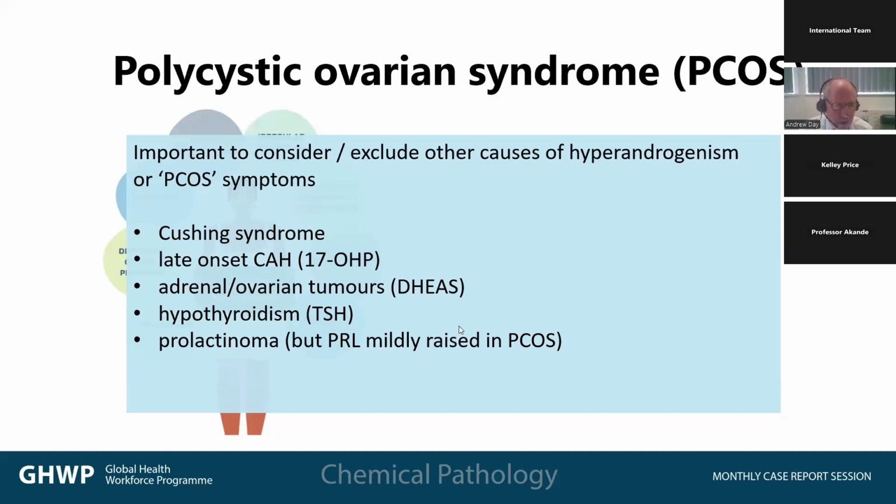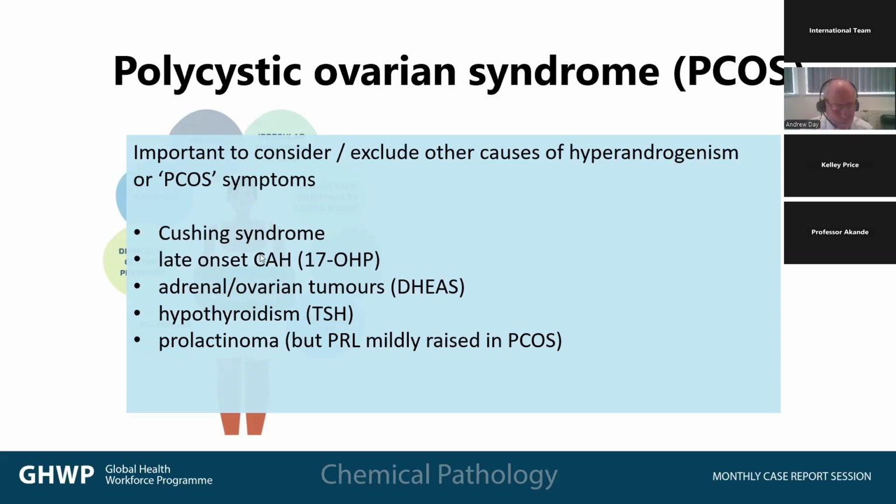And of course, it's important to consider and exclude other causes of hyperandrogenism or so-called PCOS symptoms, things that can mimic Cushing's syndrome, particularly because there is some androgenic activity of the glucocorticoids, and sometimes the ovarian tissue can also overproduce androgens. Late onset congenital adrenal hyperplasia, a lecture topic all of its own, but that partial 21-hydroxylase deficiency